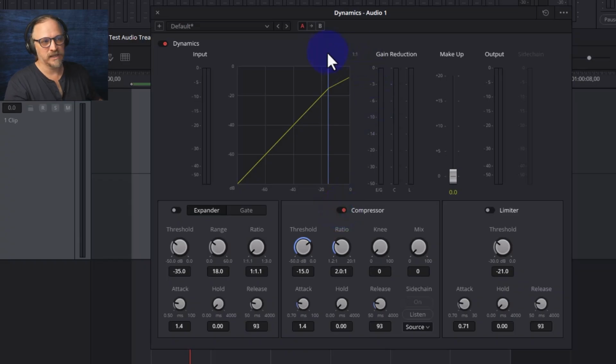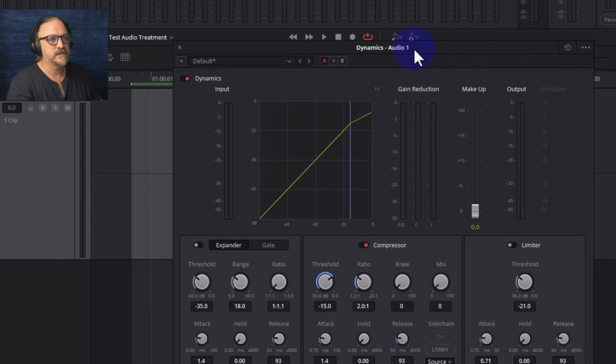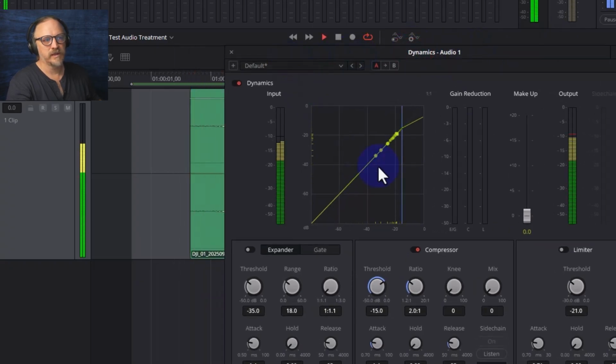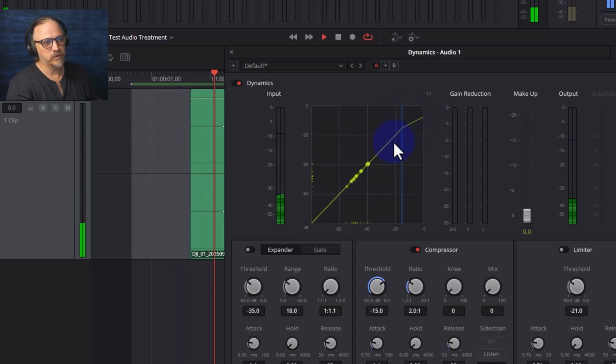I'm going to turn the compressor on, and that gives us this blue line. This is volume going up, and this is how it's changing the volume. So once the volume gets to this level, which is negative 15 dB, it will start turning it down based on how loud it gets. Actually, I'll just turn it off again, and we'll go ahead and play it. So you can see when she's speaking, most of her volume is up here. And when she's not speaking, the volume is down here. You can see that the volume is being turned down by about 1.5 decibels when it gets as loud as it gets. All right. That's pretty subtle compression.